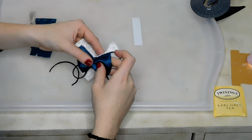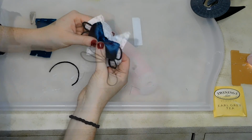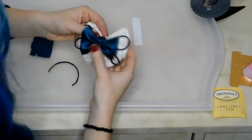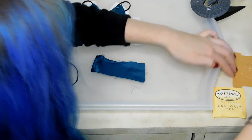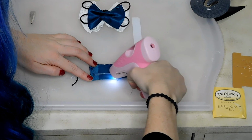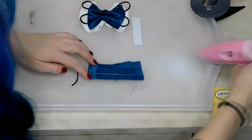Next, I'm ready to take my blue bow and layer that on top of the black cord. I'm going to hot glue right into the middle of the bow and place it right on top. Once I'm happy with that, I'm taking my 4-inch piece of blue fabric and doing the exact same thing to